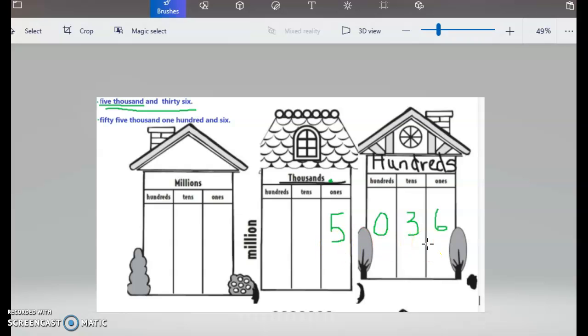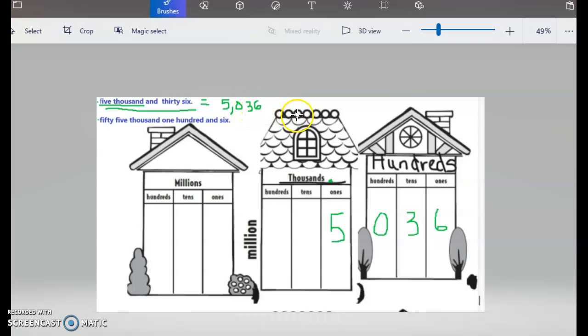5,036 in number form. Now, if you notice, between each house there's a comma, because the comma helps to separate the houses. So if I want to write this in standard form without using my place value mat, I will put my equal sign, and I will write the 5,000 that I got from there. A comma should be there. And then 036. And that's how I wrote